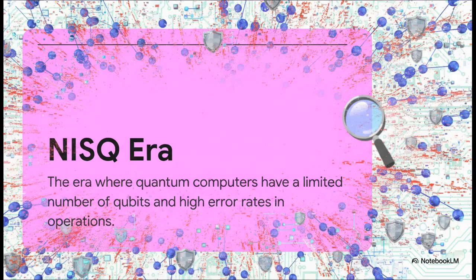And that brings us to where we are right now, what everyone calls the NISQ era. It stands for Noisy Intermediate Scale Quantum. You can think of it like this. Our quantum machines are finally big enough to do some really interesting stuff, but they're still way too noisy to be perfect. So, in this NISQ era, dealing with errors, well, it isn't just some side quest, it's the main quest. It's literally the difference between having a revolutionary new tool and just a very expensive science project.